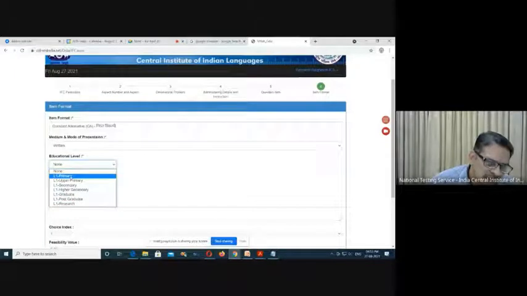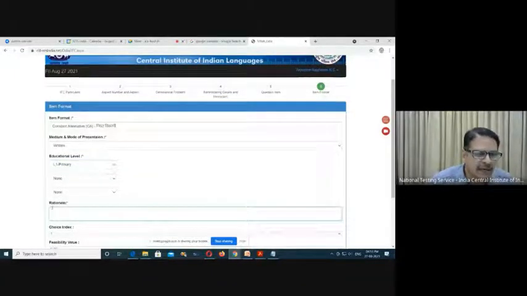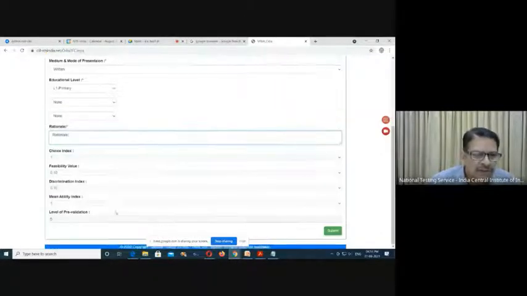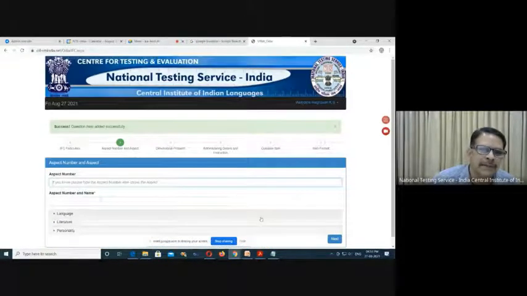I am selecting L1 primary. Then the rationale: what we are going to write about this question. You need not worry about the choice index, facility value, discrimination index, mean ability index, and level of pre-validation. You need not do anything. Just by clicking this submit button, this question item will be saved in the database.